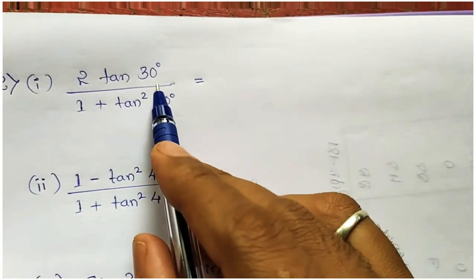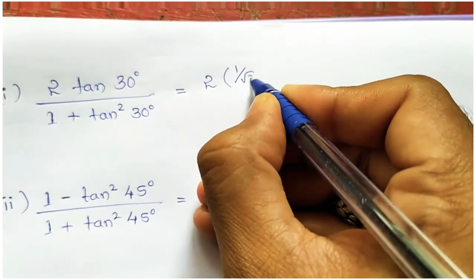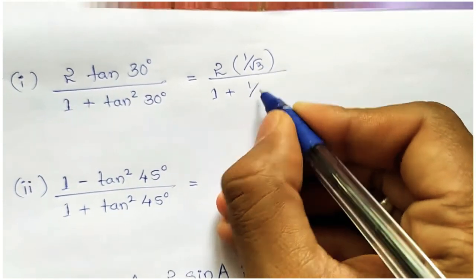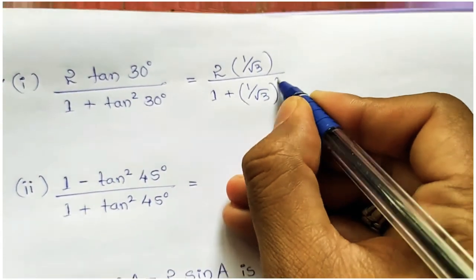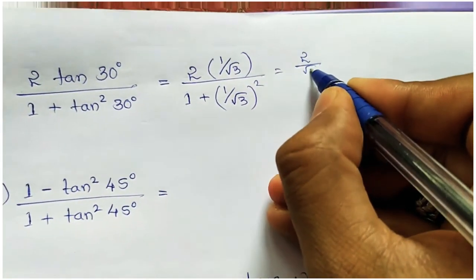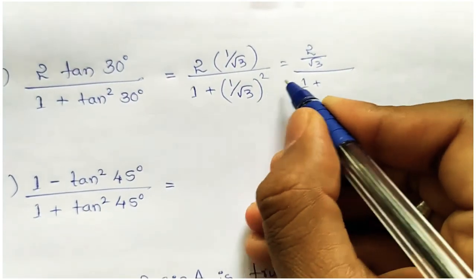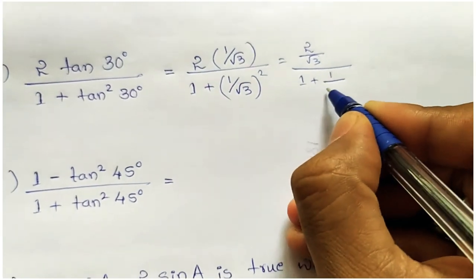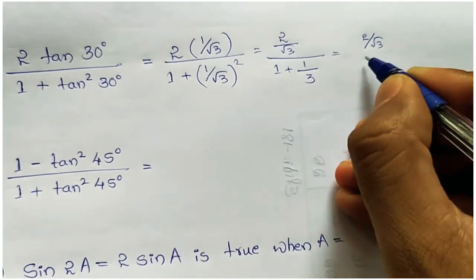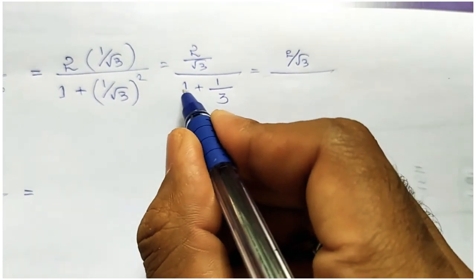So, using that 1 by root 3, 2 into 1 by root 3 whole, divided by 1 plus tan square 30. Here you have to write 1 by root 3 whole square. So it will be 2 by root 3 whole divided by 1 plus 1 by root 3 whole square. 1 square is 1 and root 3 square is 3. So 2 by root 3, just continue that one. Here 1 plus 1 by 3. Taking the LCM, it will be 3 plus 1